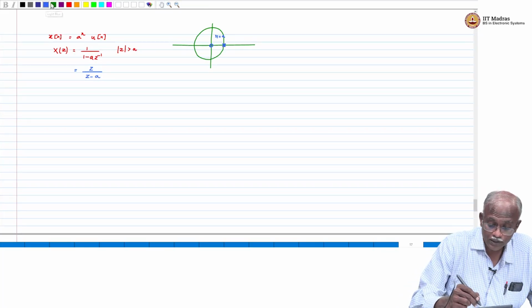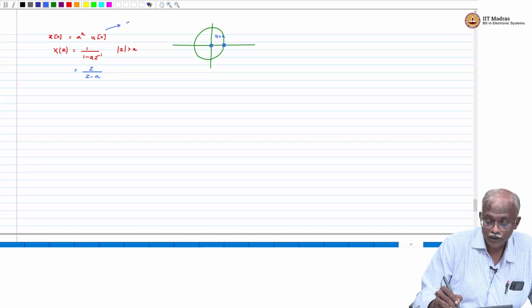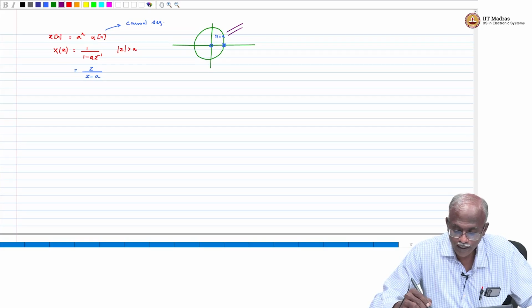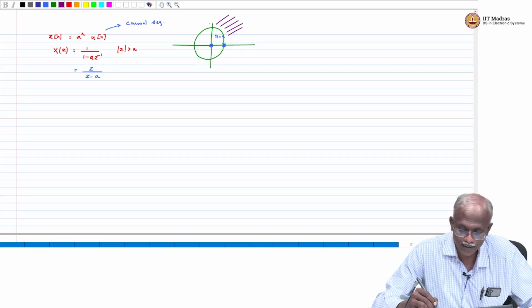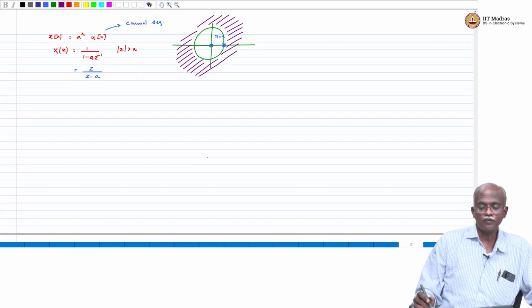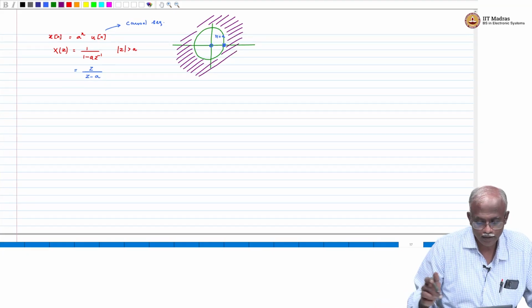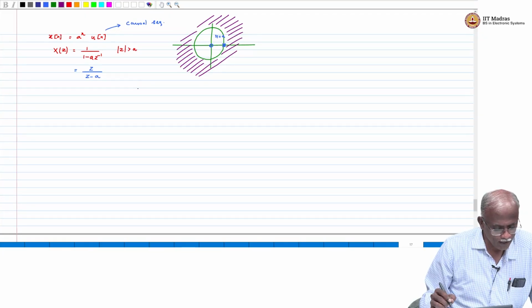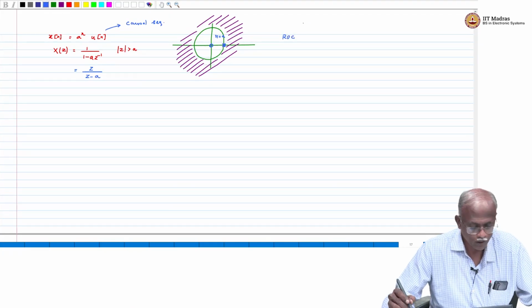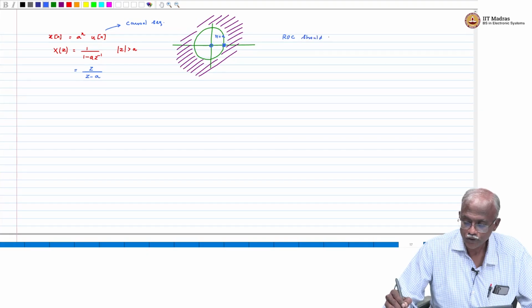Now, this sequence is a causal sequence. We will just make a note of that. It is a causal sequence. And what is its region of convergence? Its region of convergence is everywhere where mod z is greater than a. Okay, that is the region of convergence. Everywhere outside, mod z greater than a. Okay. And clearly we have satisfied the condition that the ROC must not include a pole, should not